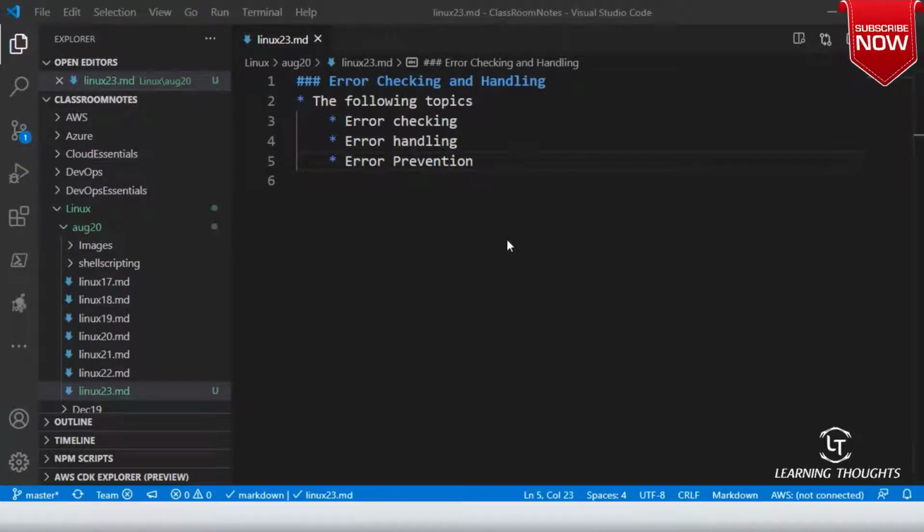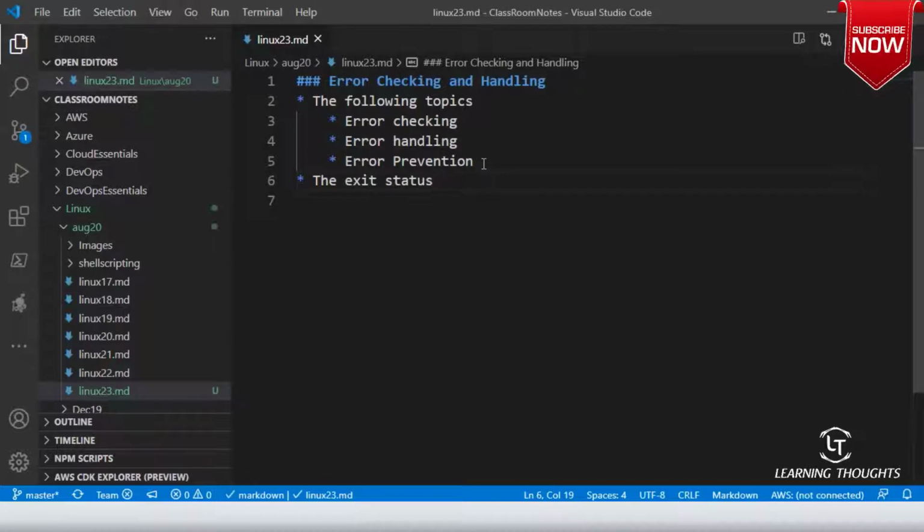And the next thing you need to worry about is that whenever I try to run a command, every command will return some code to me. That code is what we refer to as exit codes. The exit status, we also refer to as exit codes or return codes.